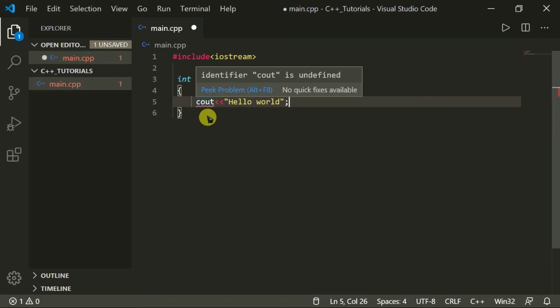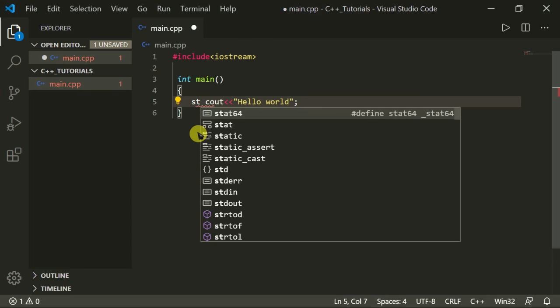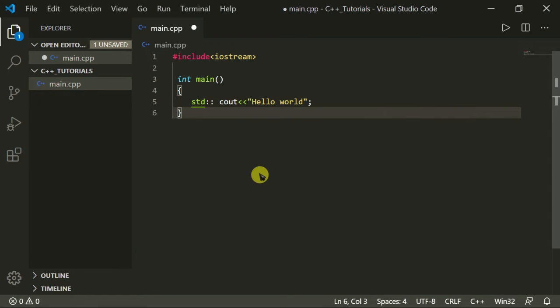Okay, so it is showing an error because we didn't declare its standard. If I type std:: like that, now it's okay.